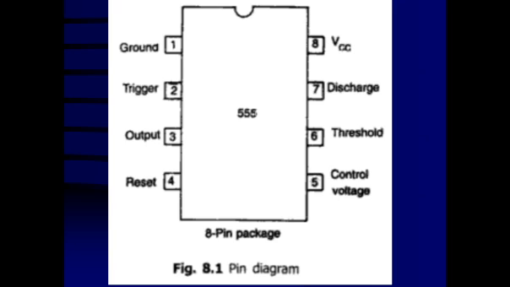There are two ways. If the load resistance is connected to the VCC, then when the output is high, the load current is going to be 0. And when output pin number 3 is connected to the ground, when the output is high, the current will pass through that load to the ground. That means this can source and sink a load current of 200 milliampere. That means it can drive a very high load current, so it can drive relays also.